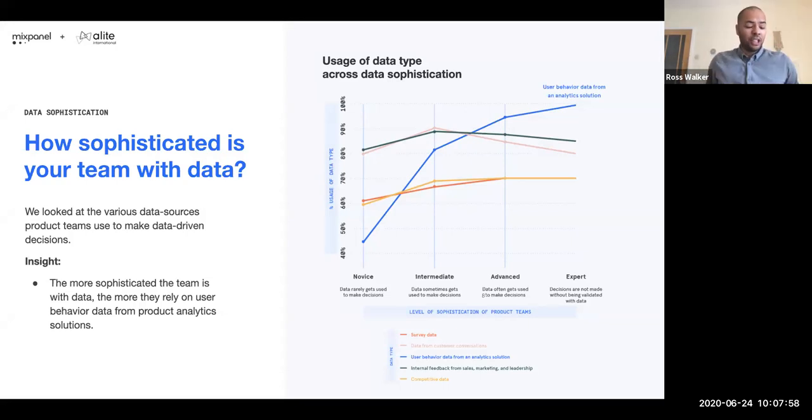And actually leveraging both of those is what's going to help you to understand whether the features that you release, whether the interactions that your users are taking, are actually helping you drive forward in the markets and drive innovation. The one thing that we took out of the report is that most organizations, if not all organizations, are leveraging quantifiable data more heavily than qualitative data. And I think there are a number of reasons for that. When we start to look at the inherent challenges that come with qualitative data, it hopefully gives us a bit more understanding of why organizations are relying on quantitative data more than qualitative data.